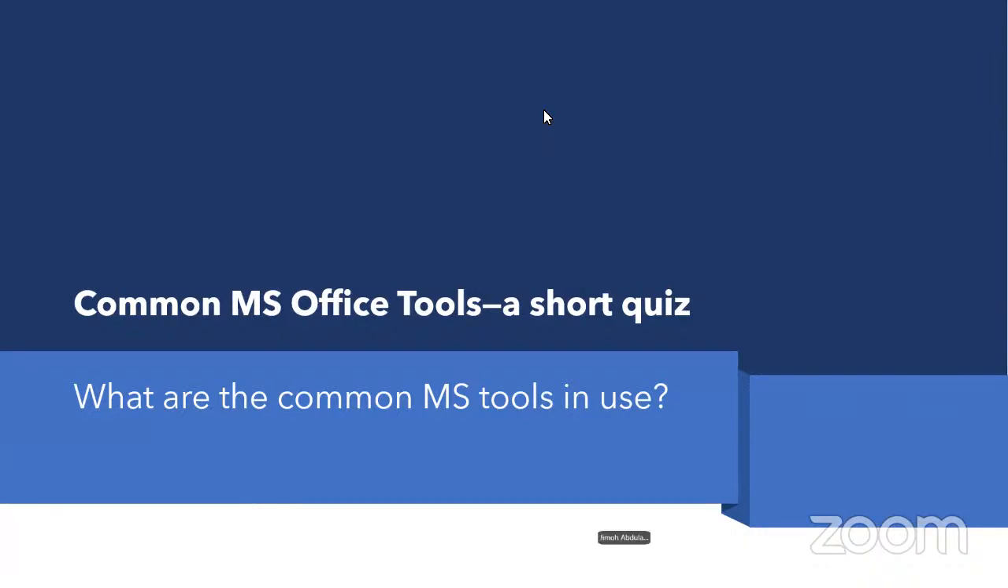Okay, so maybe if we are unable to get on with the poll, can people type in the chat box then? What are the common MS tools in use? Let people type in the chat box. Let's see what the responses are. They're doing it. Thank you. Okay, Outlook, Word, PowerPoint, Excel. You can see that: Excel, PowerPoint, OneNote,